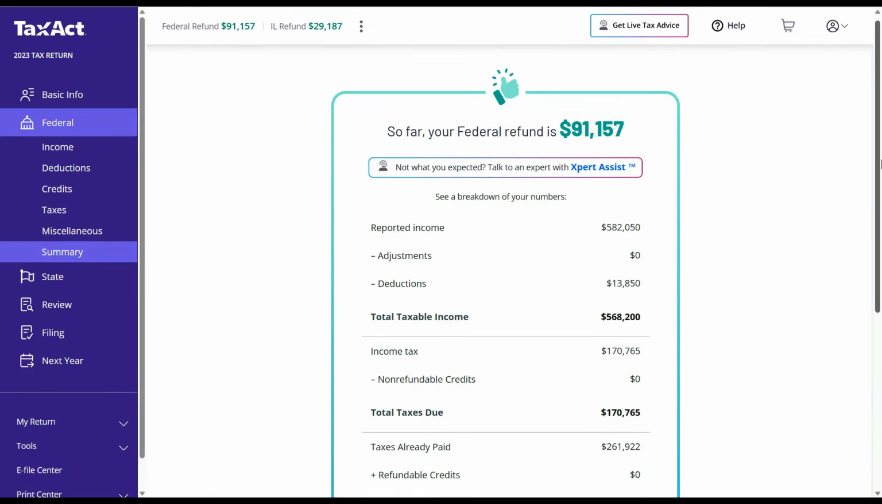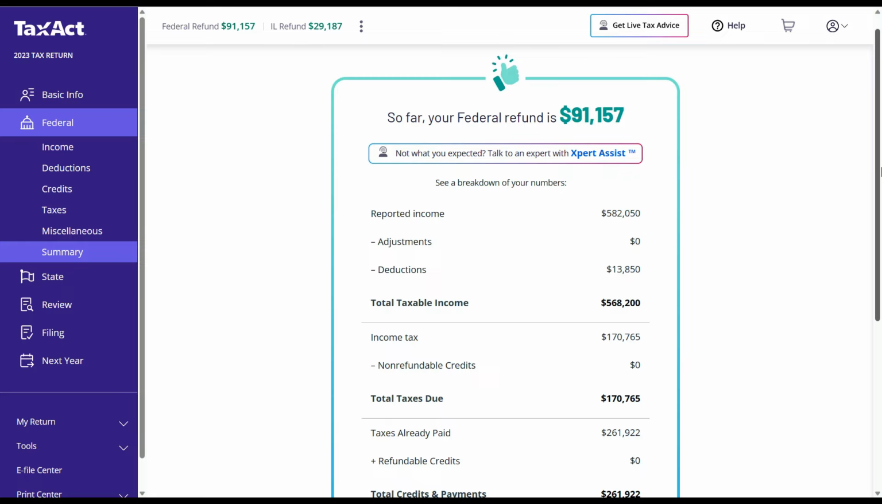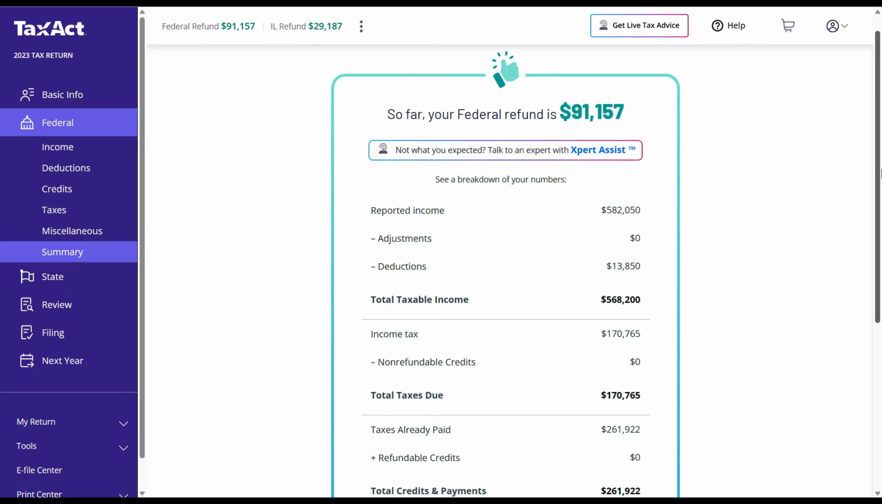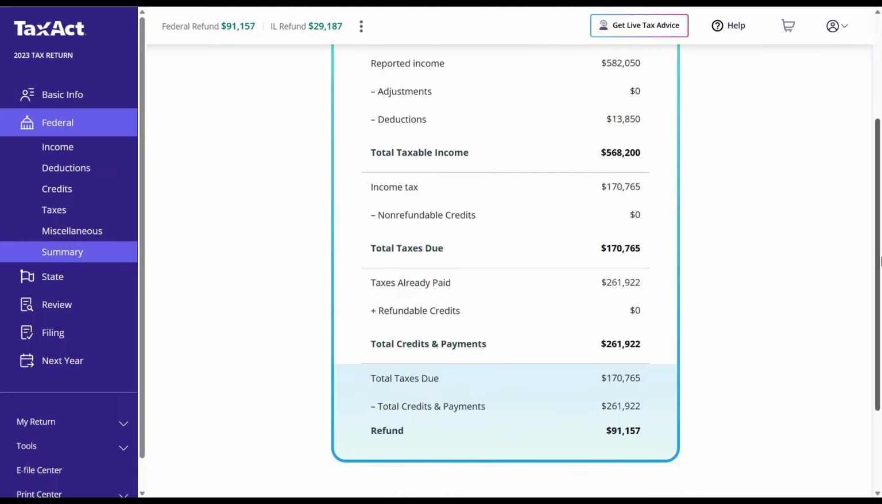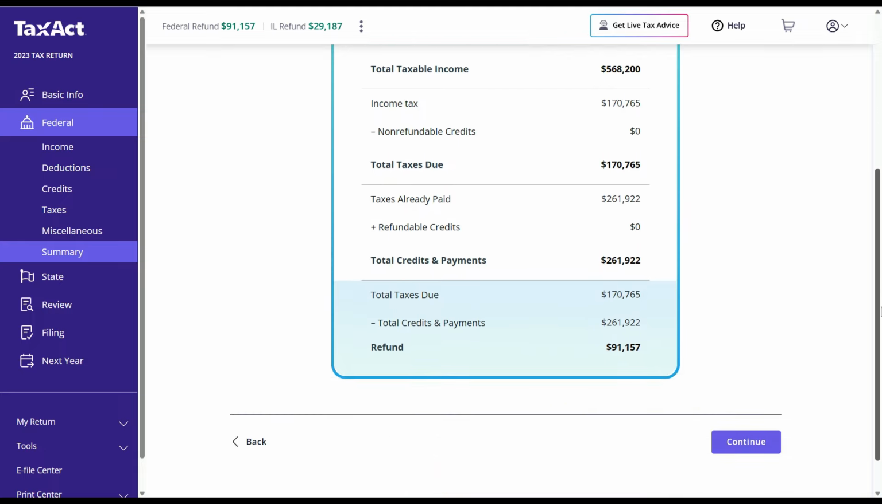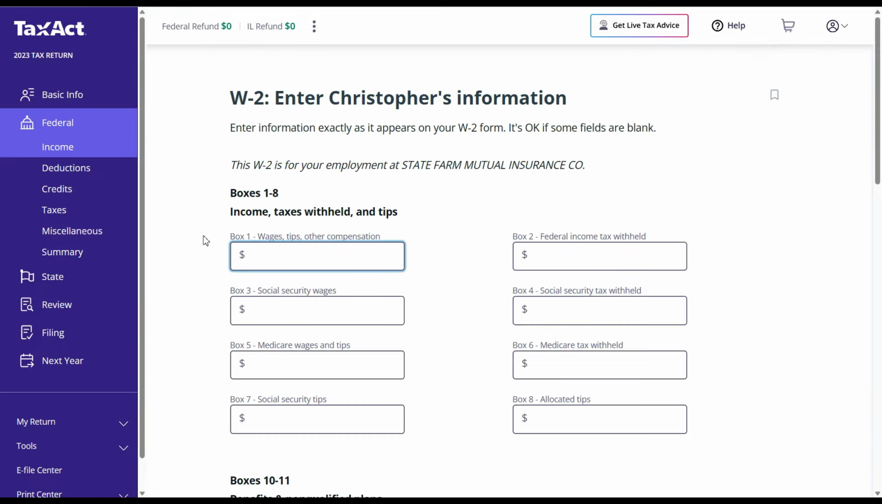This time I want to show you guys how someone can get a refund of over $91,000. I know some people don't care how much they get back, they just want to get a refund, but this is a way how you can get a refund for over $91,000. So the first thing that I did was I put down an amount that was in a 37% tax bracket. So I put down